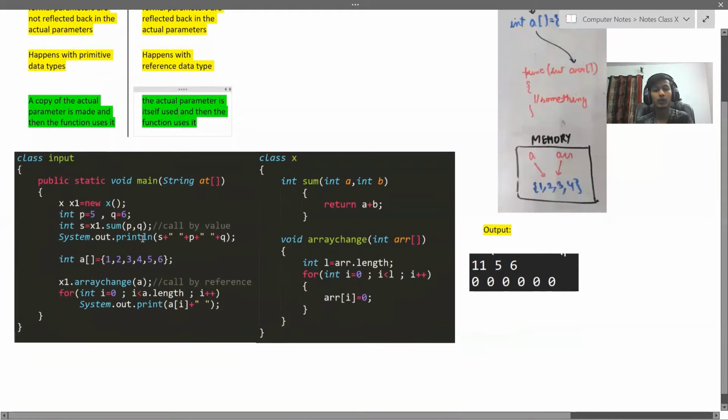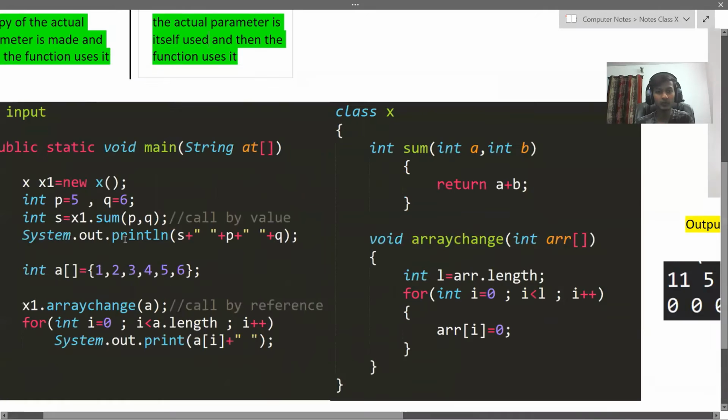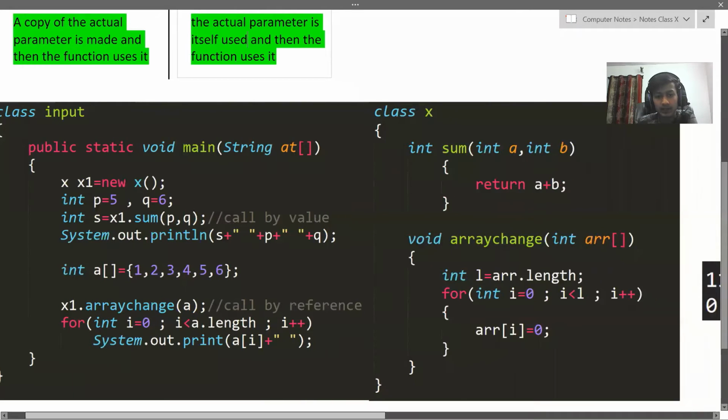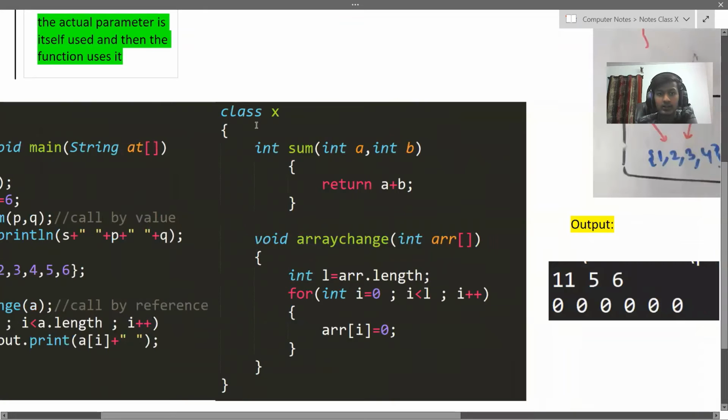Now what do I mean by this? I have an example here. On the right side you can see I have a class. The class has two functions. int sum has two parameters, int a and int b, and it returns the sum of a and b. The void array change function changes each index of the array to 0.